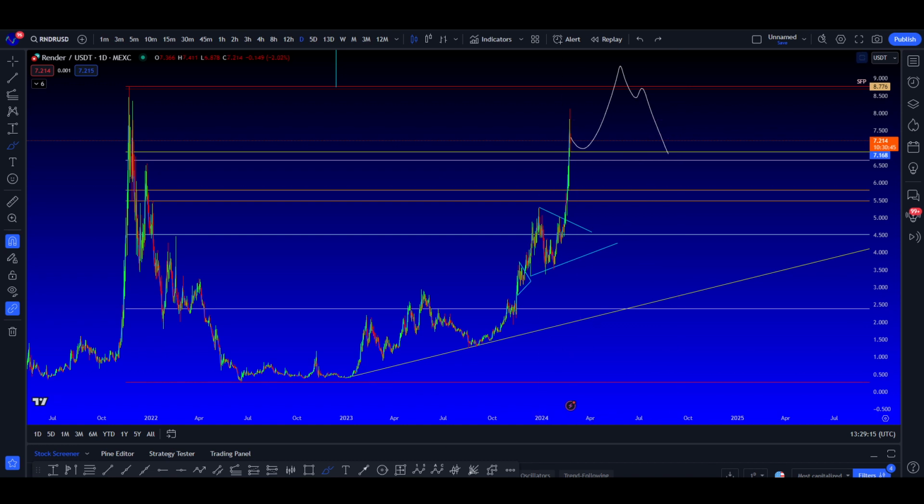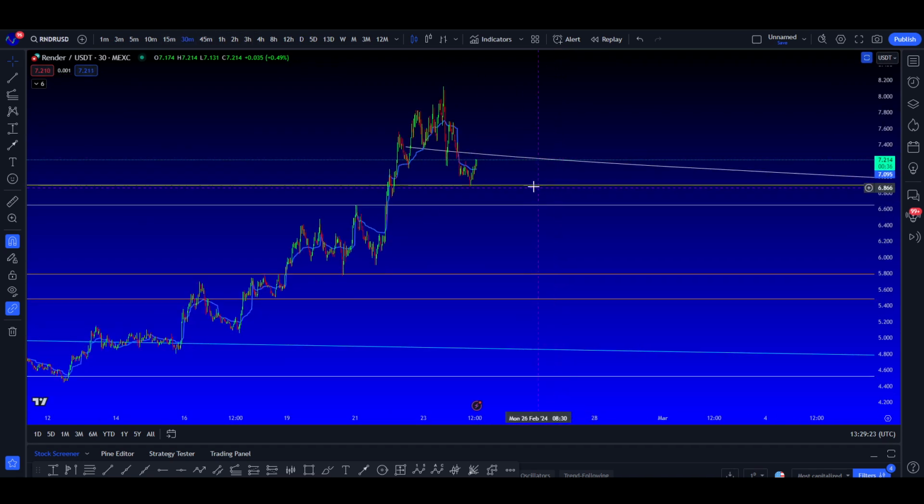And like always, this is not financial advice, right? But that would be a great area to enter a short trade. And then when it comes to a long, right here, it does seem like a great area to enter a long. You can place your stop losses below